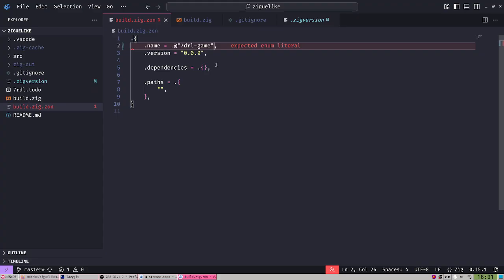So now it should fix this issue, because I have put a so that kind of escapes the 7, but it's ugly. It's ugly as hell, and I don't want to do this. Actually, I want to name it Zig-like, because that's what the original name was, and not 7DRL game. That was just the name of the folder that I used for the first time. So let's just call it Zig-like, as is this project called on Git and everything.